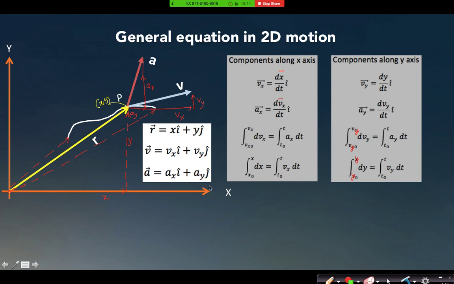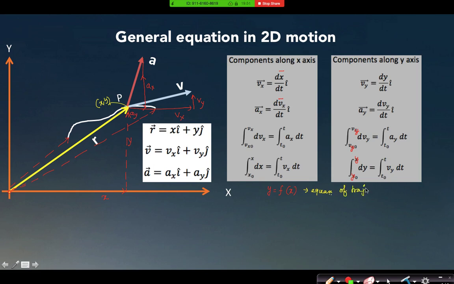Now can you tell me, how do I get the equation of this trajectory? How do I know the equation of this white colored path that I showed you initially? Sir, by relating the x and y components with respect to time. Yes, I will find x as a function of time here, and y as a function of time here. Now I will relate them. I will eliminate time from both the equations, and I will find y as a function of x. That is the equation of trajectory.